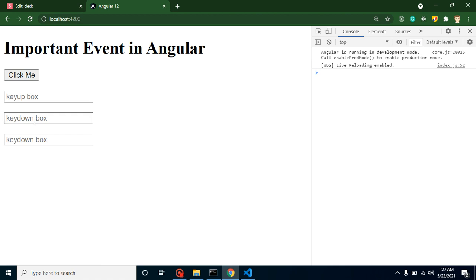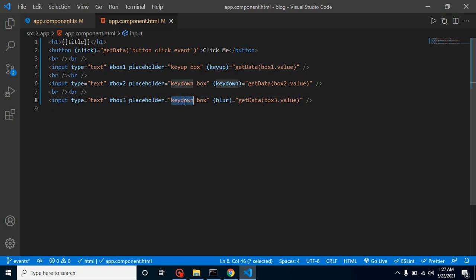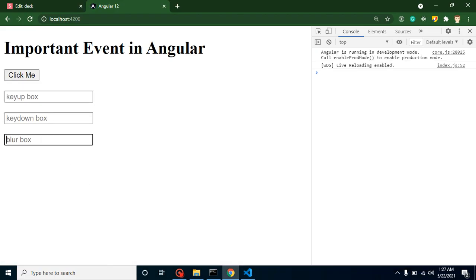And here again I have to use blur box. So let's say I put hello Anil, and it will not print the value until I focus out of it. I focus out by clicking somewhere else, and it gives the result here. You can try it again, right?